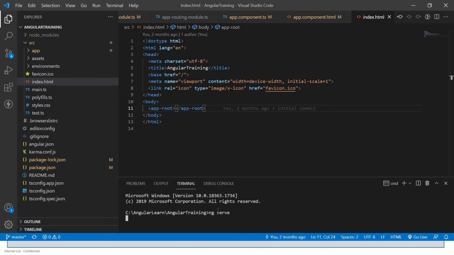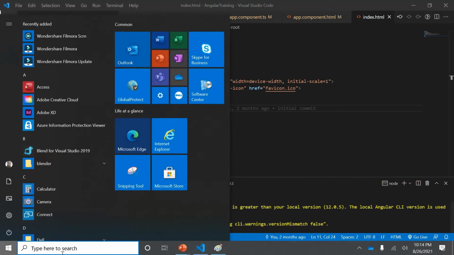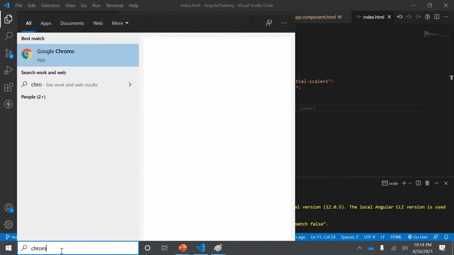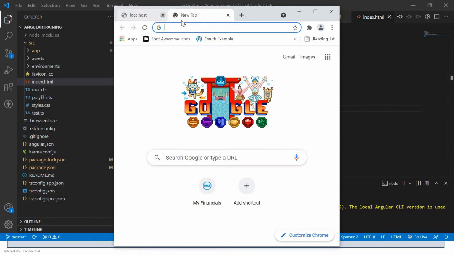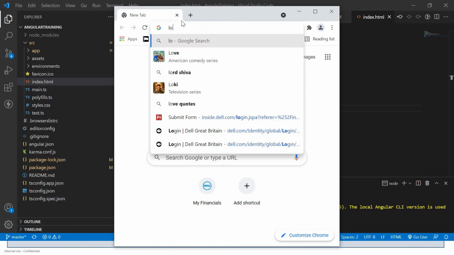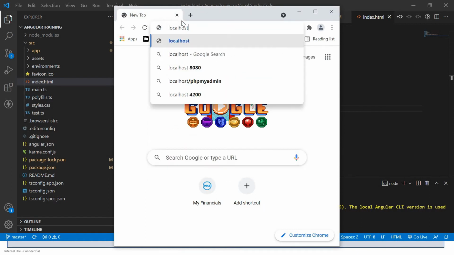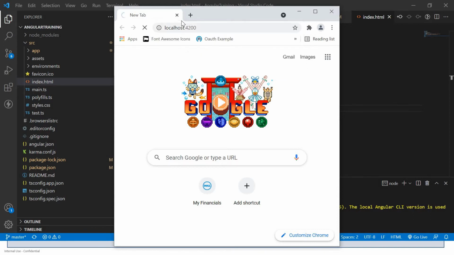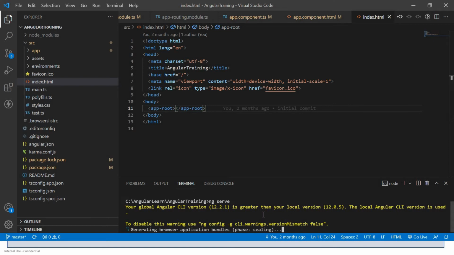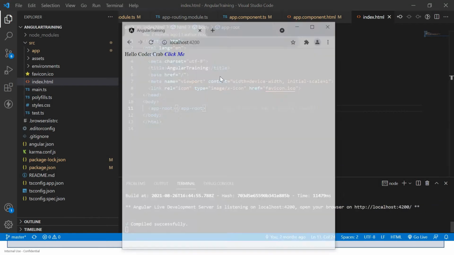I'll do ng serve and open Chrome. It's still building, let's wait for that. Okay, it's done.